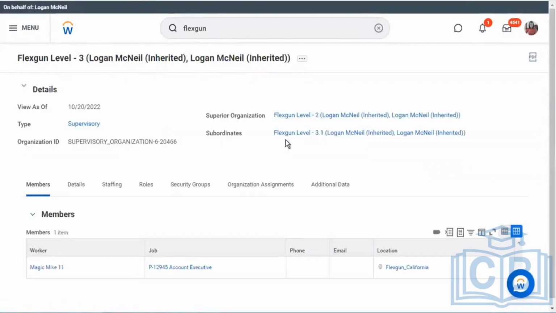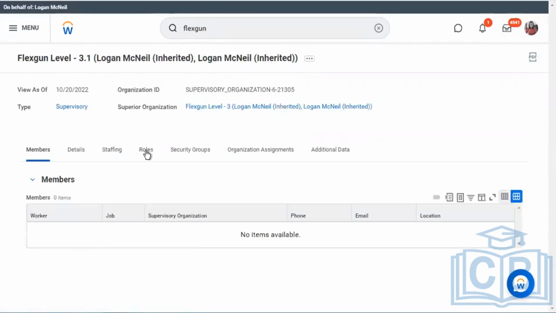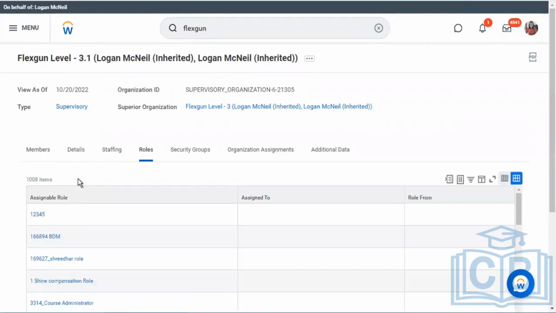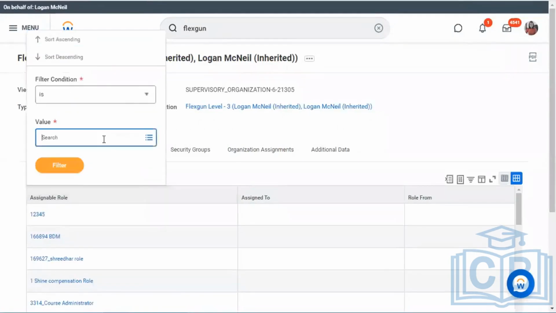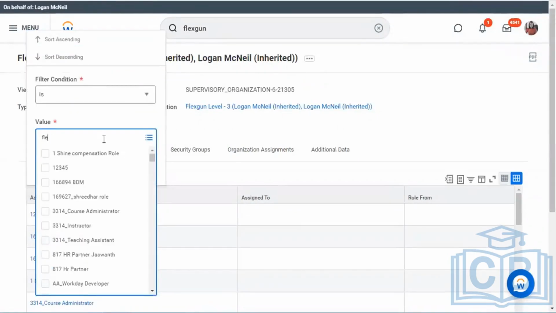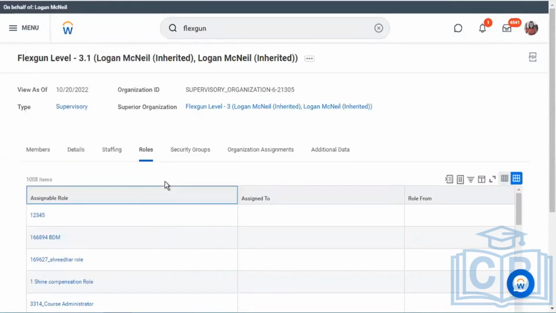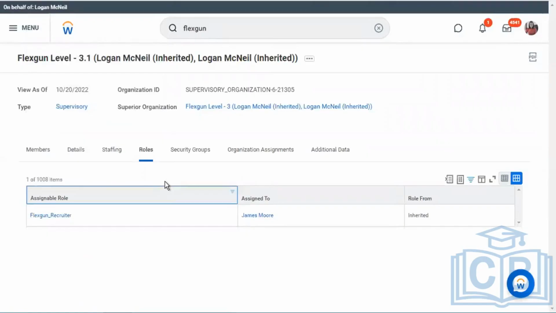Don't know if we have any subordinates or we have a subordinate. Now, if I check it, you will see that the recruiter is. You see the inheritance.